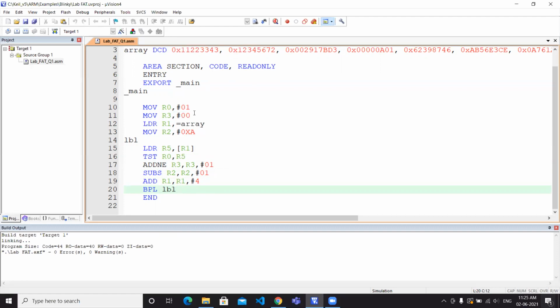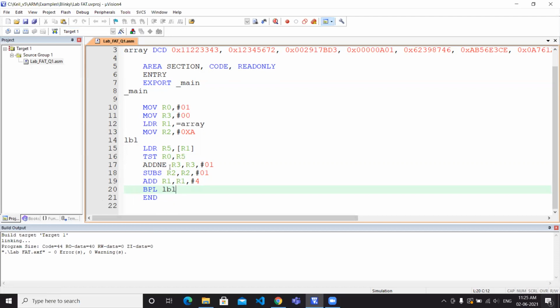So now R1 will point to the second element of the array. And this loop continues until the count becomes 0 and the program ends. So in this program, we are counting the number of odd values and storing it in R3.